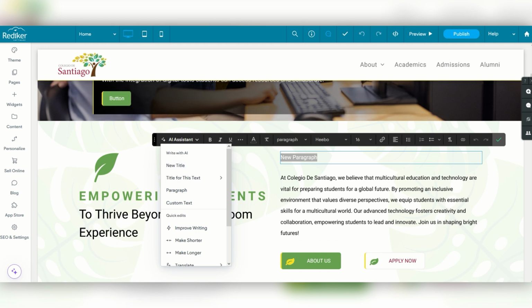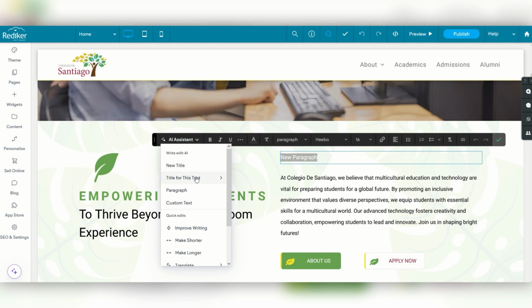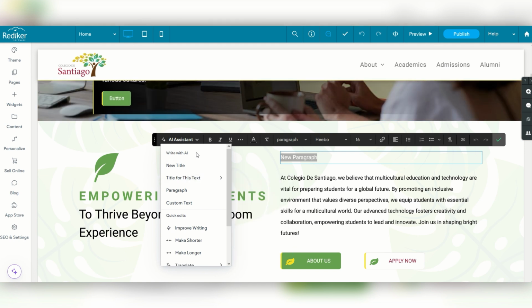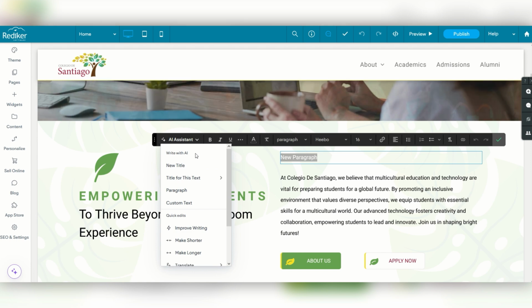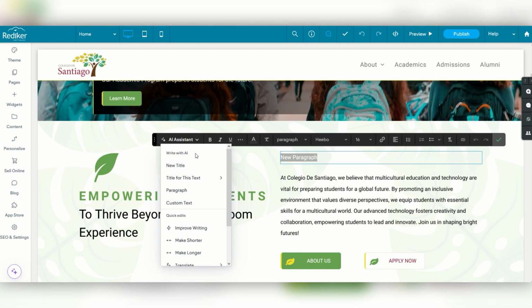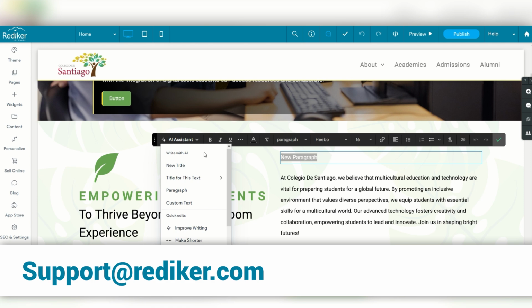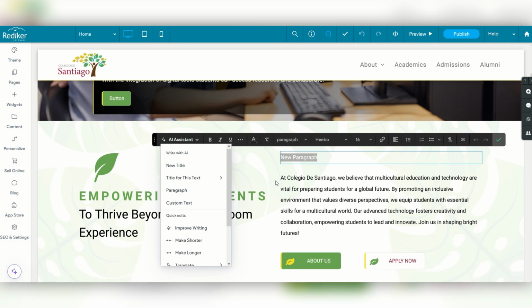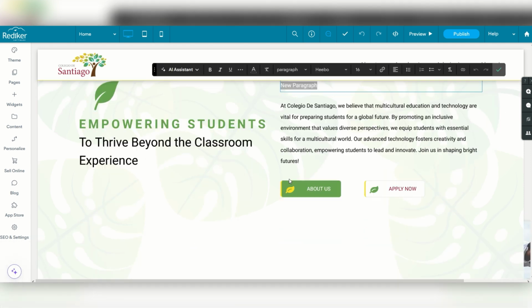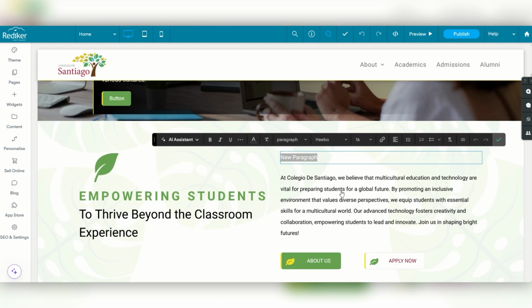It's free. It is going to be by request. It is a permission to turn on. If you recently have a website, the tool will be on by default. But if you've been with us for a few years, you need only email support@redeker.com and we'll turn the tool on if you're not seeing it, especially here in the text widget. So it is free. Just have to let us know and we'll turn it on on a per request basis at this time. All new customers should be seeing it automatically.